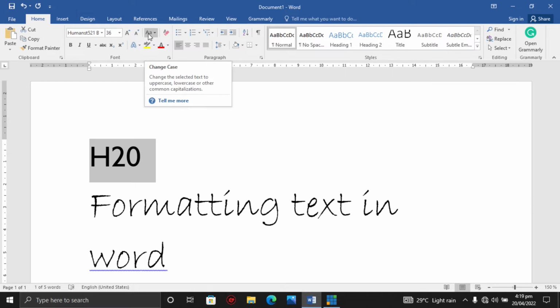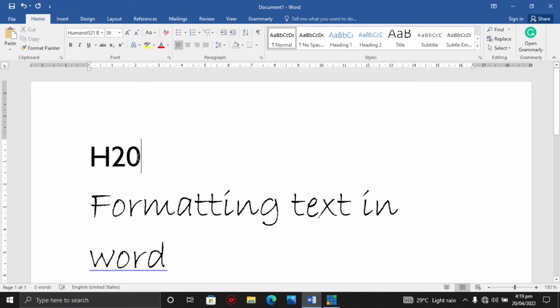So here we change case. Now if you type, let's say, home, we have home written here, and they are all in capital letters. If I want to change them to small letters, I have to highlight this home, go to change case.